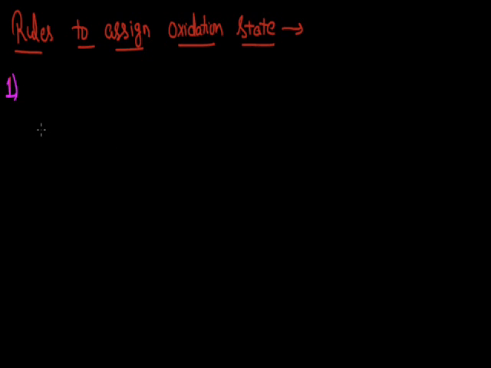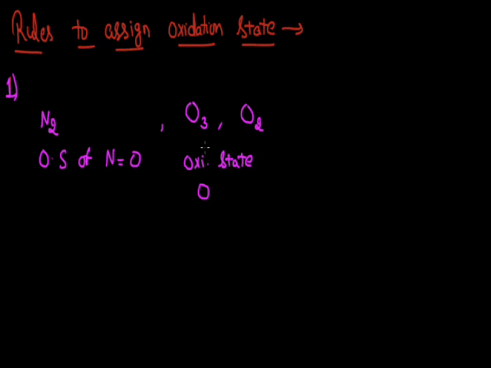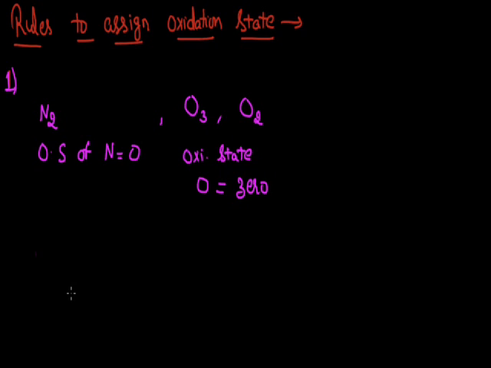Such as if I talk about the oxidation state of nitrogen in the molecule of nitrogen. So it is the molecule of an element, and here the oxidation state of nitrogen will be 0. Same as if I talk about the ozone molecule or the oxygen molecule, and I am to find the oxidation state of the oxygen atom here, then since the oxygen atom is present in the elemental molecule form, in this elemental form its oxidation state will be 0. So here the rule is all the elements in their elemental form show 0 oxidation state.